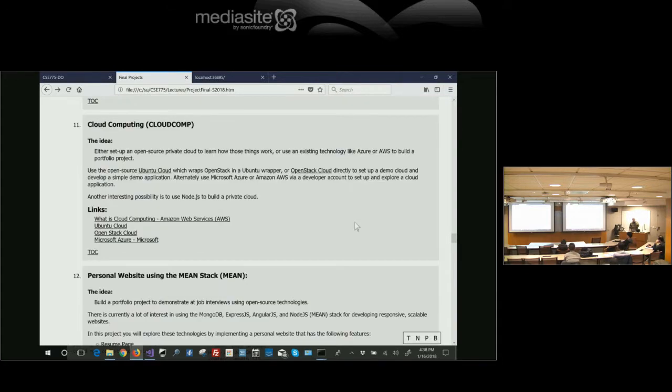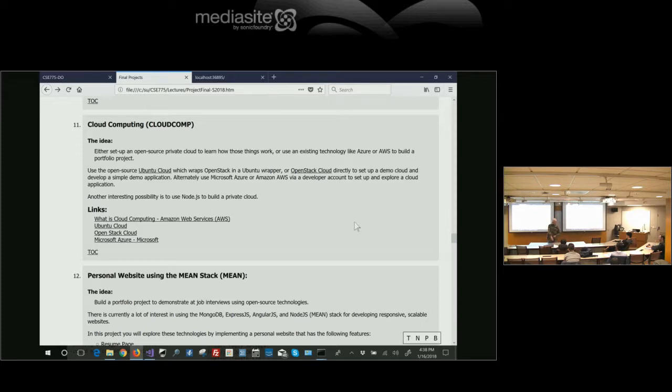Cloud computing. So here, I talked about using open clouds, private clouds. I think it would be a whole lot better not to do that, but to do a project that involved AWS or Google Cloud or Azure. The reason for that is it appears to me that private clouds are kind of going downhill. There was a whole lot of interest in private clouds for a while, and it seems to be dissipating.